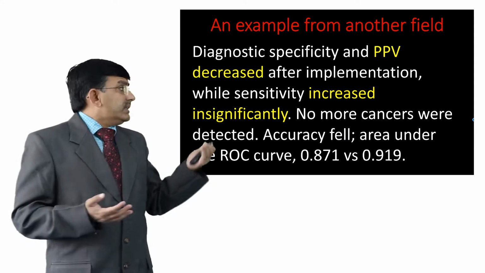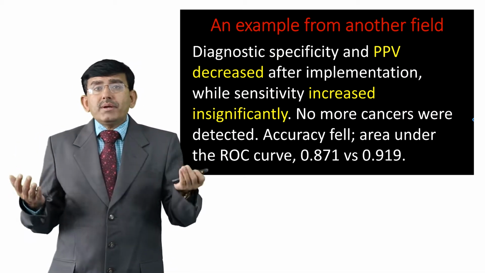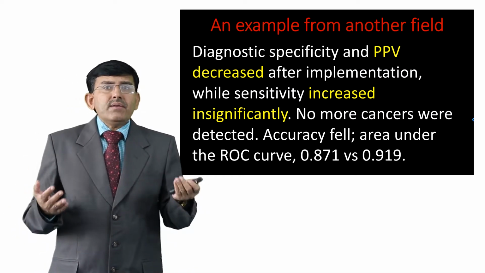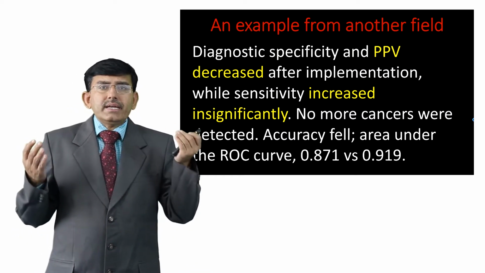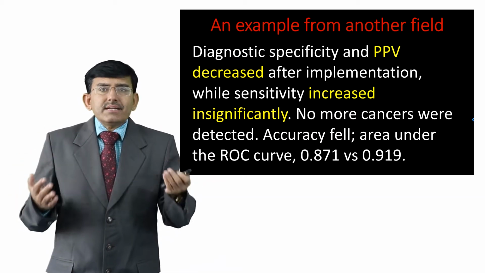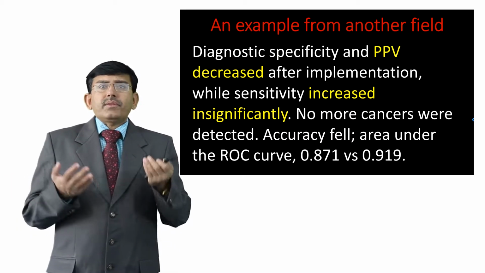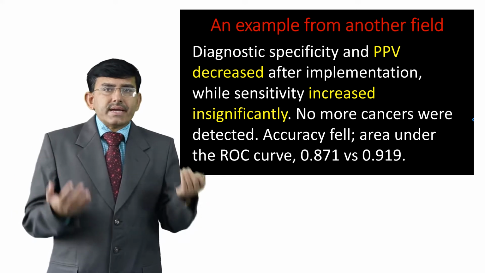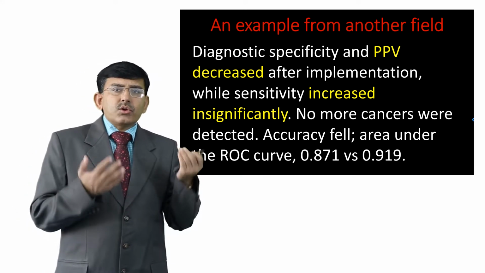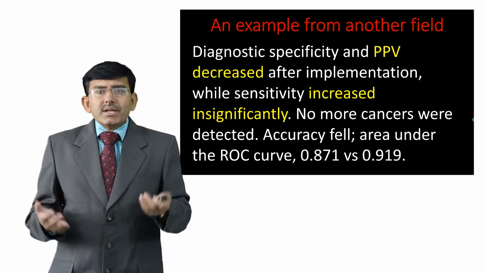It seems that with the widespread use of mammography for automated diagnosis, specificity and PPV decreased after implementation, while sensitivity increased insignificantly. No more cancers were detected. Accuracy fell. Area under the ROC curve was 0.871 versus